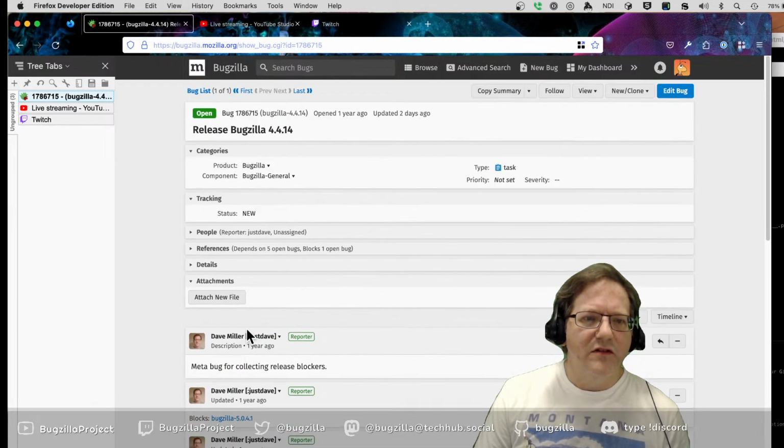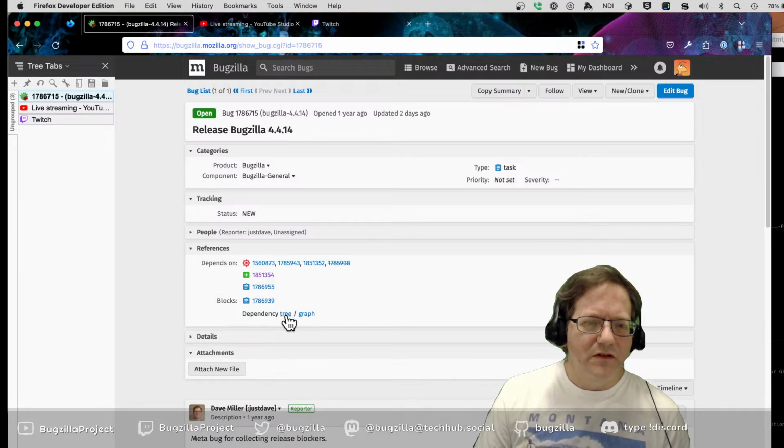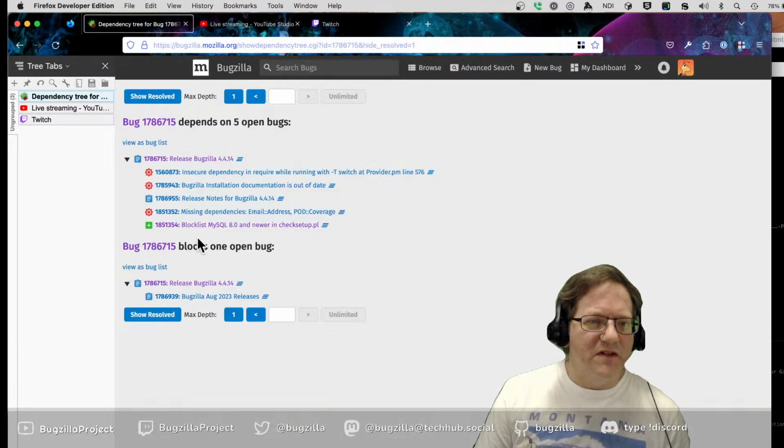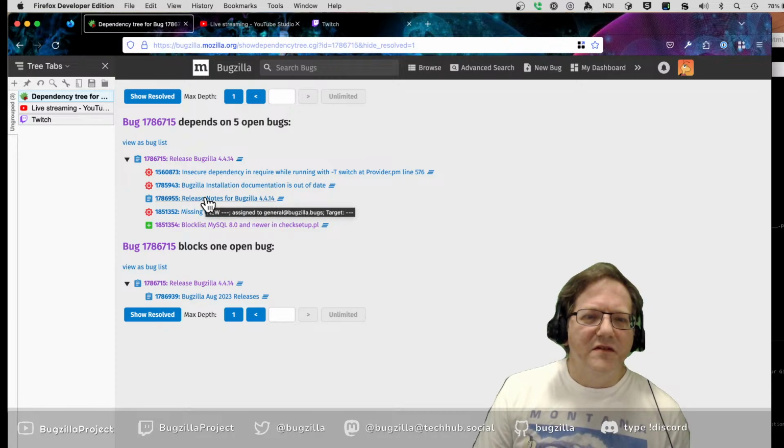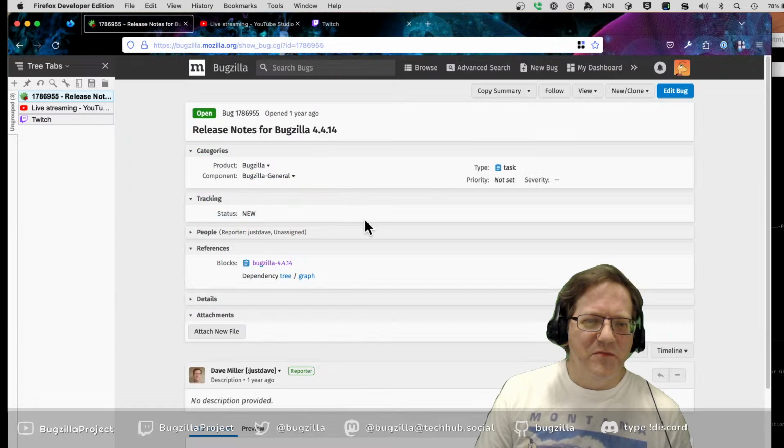Okay. Dependency tree. Release notes. Most of those things that are listed there have ERs in the queue already on GitHub.